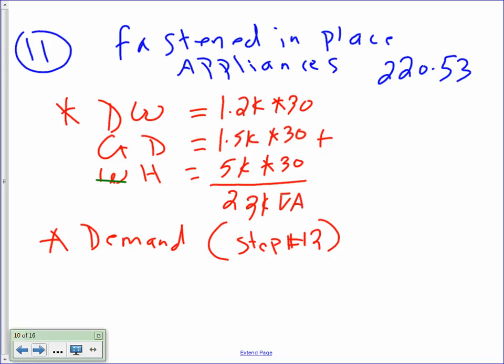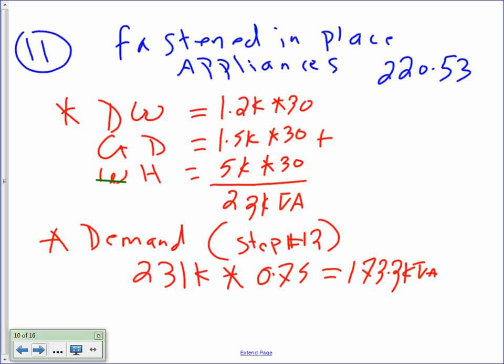So what's the demand? I have 231K, multiply this one. What's the demand for all of them? Is it 0.75 or 0.7? What's the demand for 3 or more? Can somebody go to 220.53, just verify, is it 0.75? I have 0.75 from Article 220.53, and I need somebody to verify this one, guys. Yes? Okay. And that will give me 173.3 kVA. This is where I highlight this one and put stars next to it,